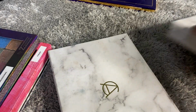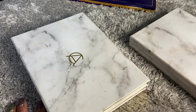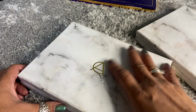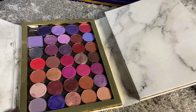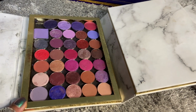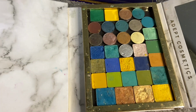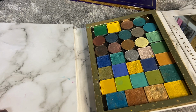These are my two Adept Cosmetics palettes. I heard about this palette situation from, oh god, it'll come to me, Terra Baby. Hers were much larger, but I like these because they open like this. One side is my purple and pink, which is another reason I'm getting rid of that ColourPop palette. And these have Davina, Sydney Grace, just a bunch of different people in here. So that's that side. And this side are my blues and greens, which means I could probably get rid of